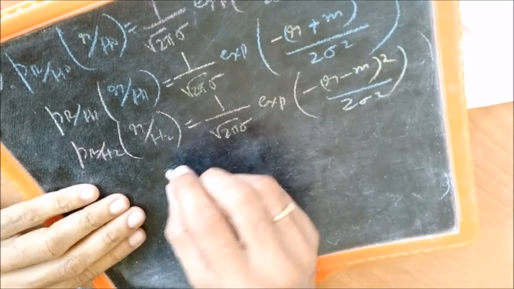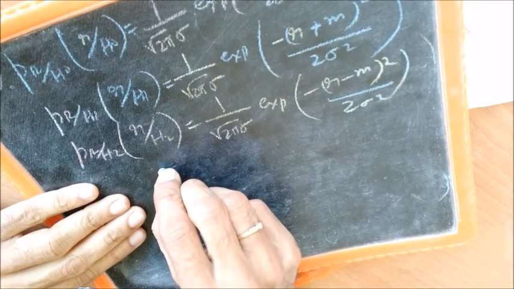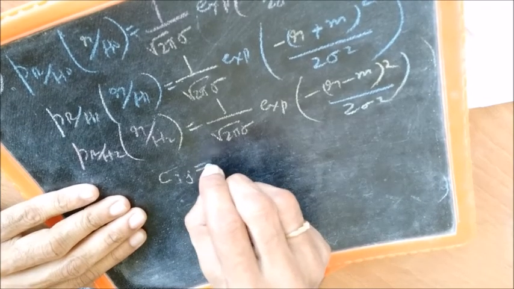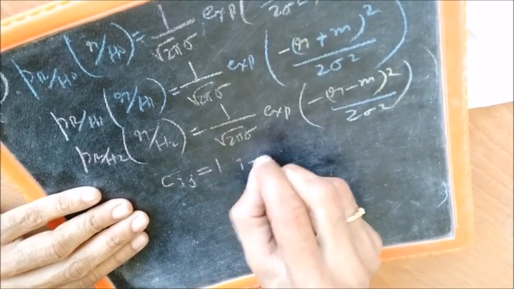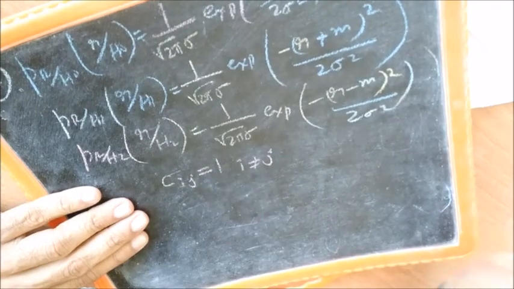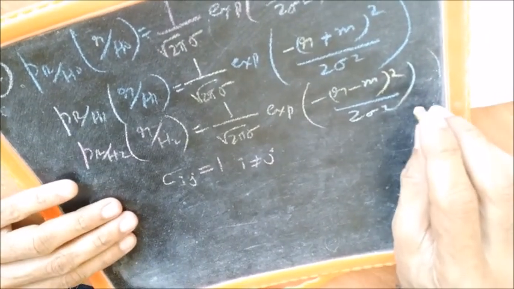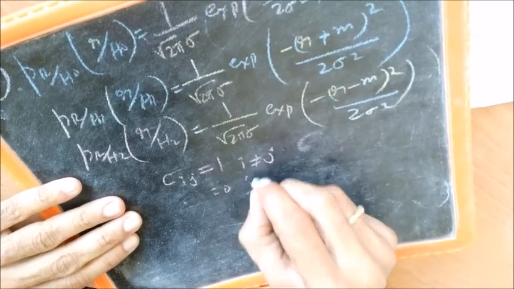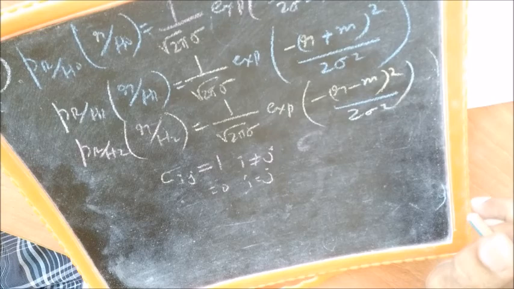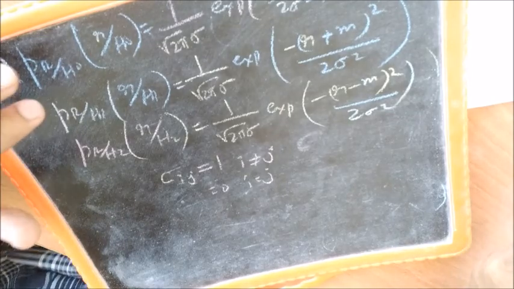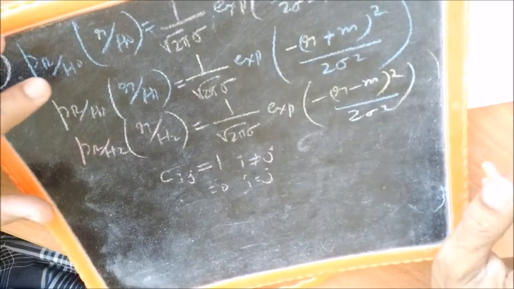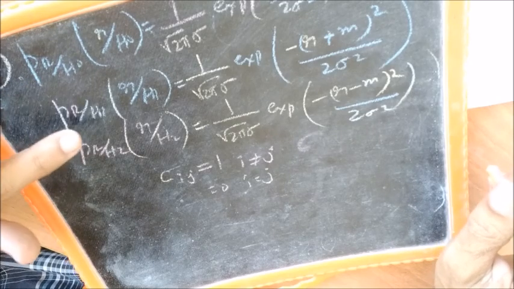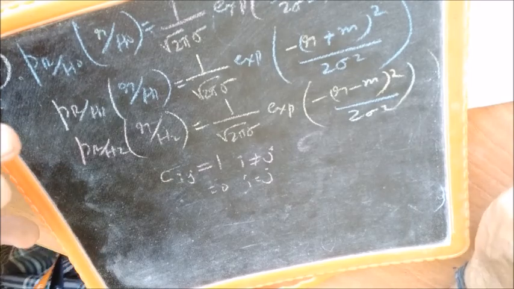and we are also told that the costs are such that the cost for a wrong decision is equal to 1 whenever i is not equal to j. Cost for a wrong decision is 1 and cost for a correct decision is 0. So C_ij is equal to 0 when i is equal to j. So this is the cost. And the probability of occurrence of the hypotheses is the same: P0 is 1 by 3, P1 is 1 by 3, P2 is 1 by 3.